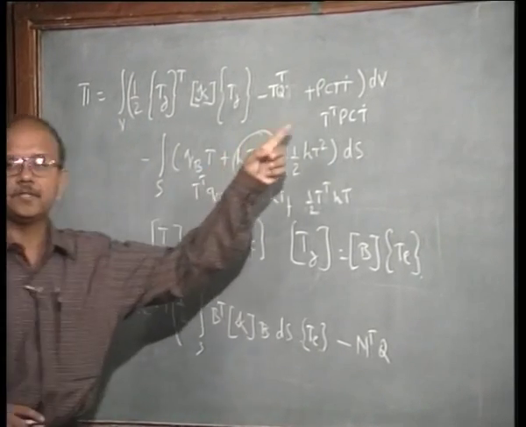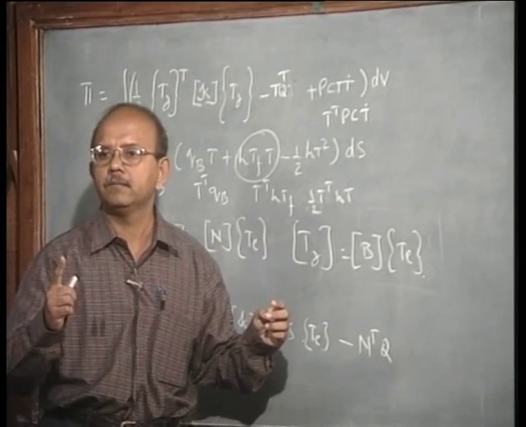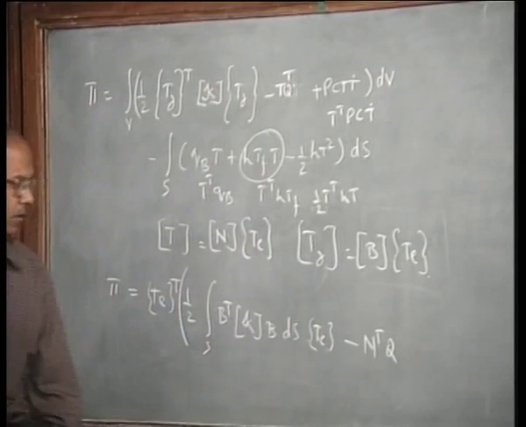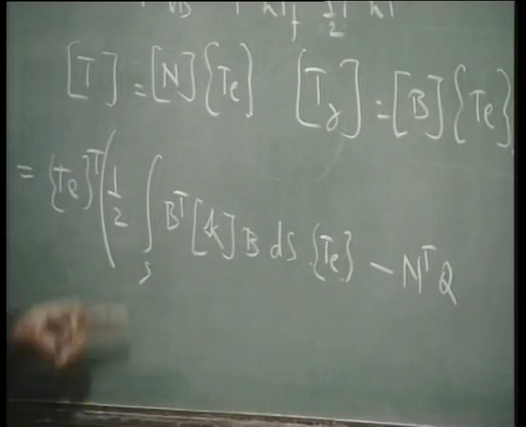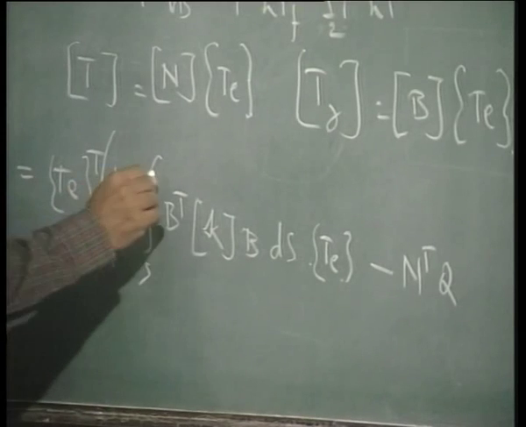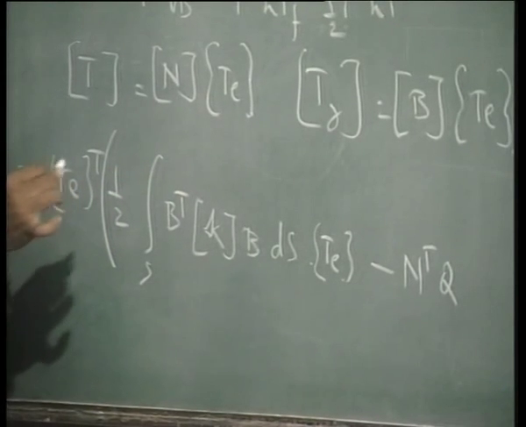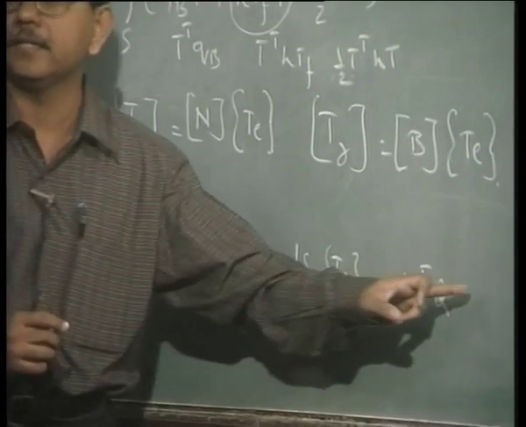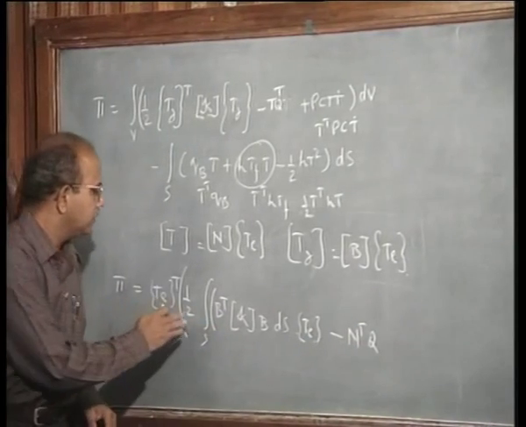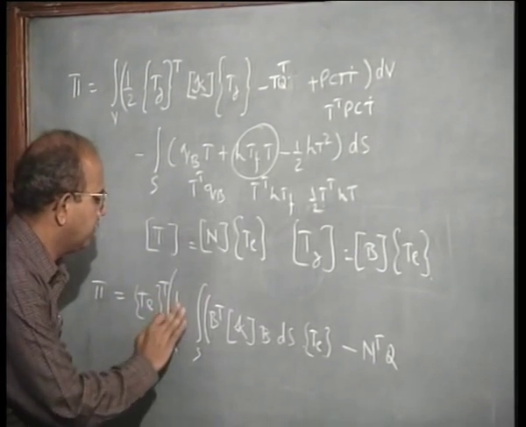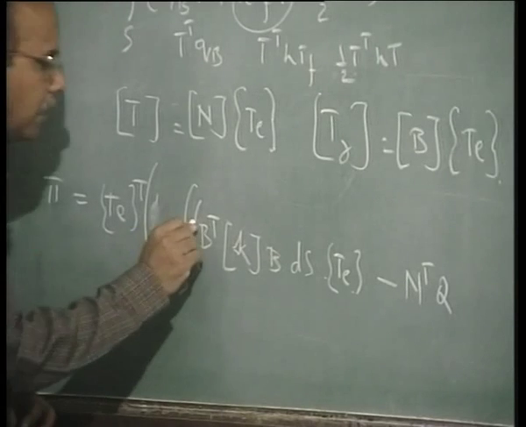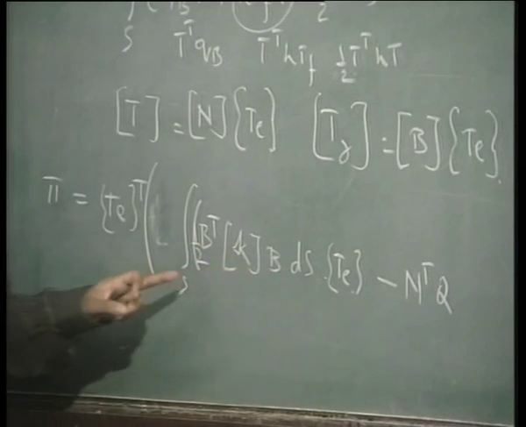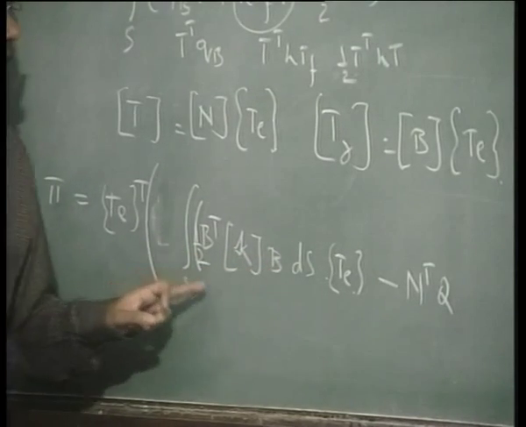So what happens to T transpose? That is T transpose N transpose. Is there any confusion? This whole thing is an integral. Let me put the integral separately, or if you want it together, you can put it. All these things are inside the integral. I think better I shift the half here, so that there is no confusion. Half is only for this term. So I will put everything under the integral.